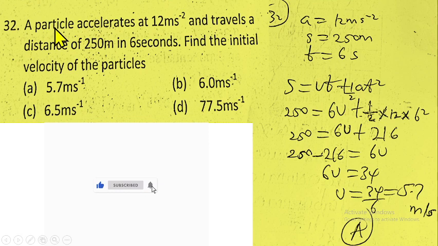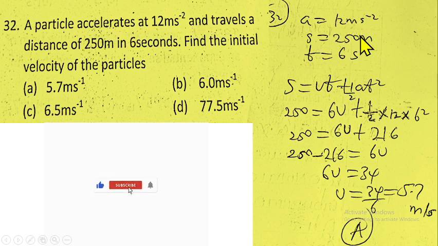Question number 32 is on mechanics. A particle accelerates at 12 meters per second squared and travels a distance of 250 meters in 6 seconds. We have to find the initial velocity of the particle. So you can list out all the variables given. You are given